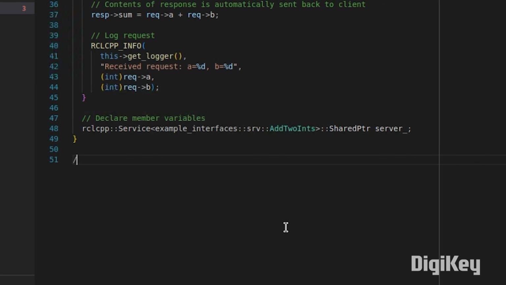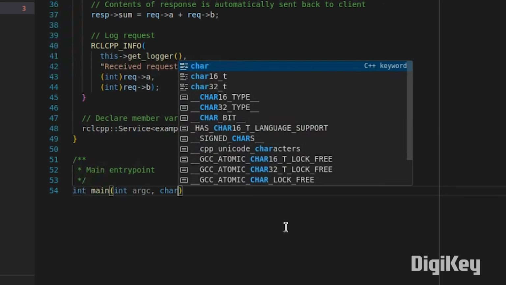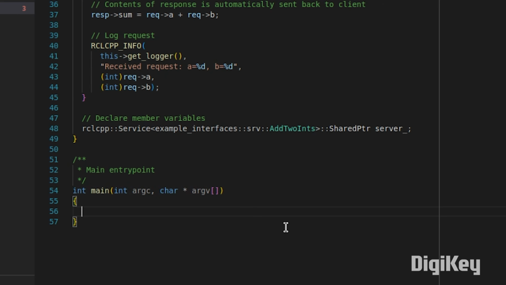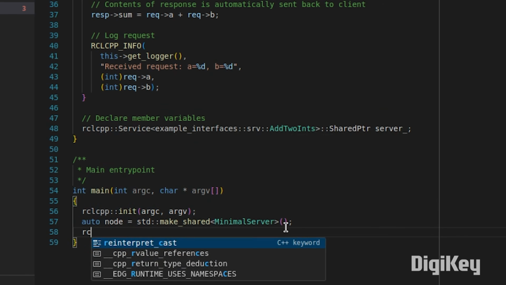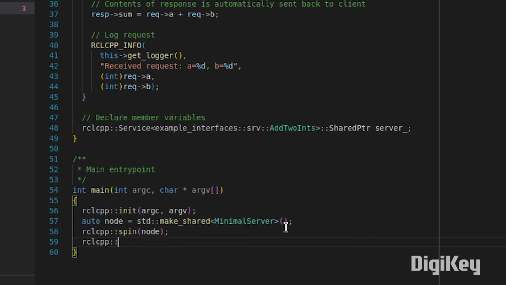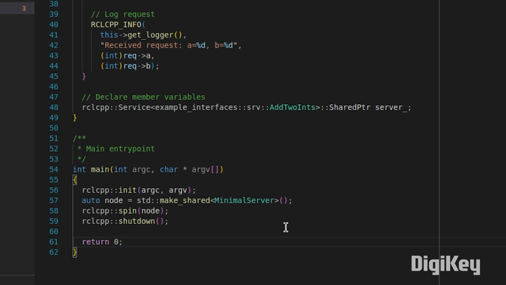Then we will write our main entry point, as we've seen before. This is very common boilerplate you will come across in ROS2. We'll initialize rclcpp. We will create a pointer to our node. In this case, it's the minimal server type. We will spin that node, which just means run it in a process. And if and when that exits, we will call the shutdown function to gracefully clean up everything and then return